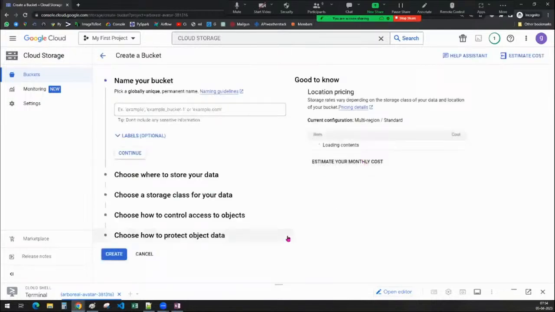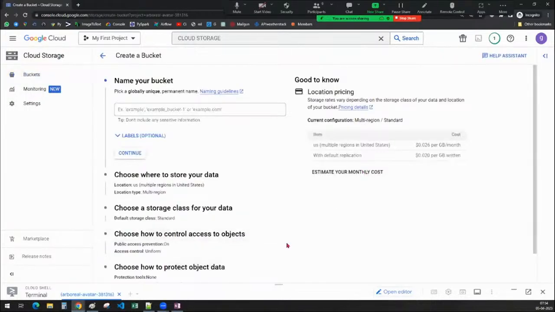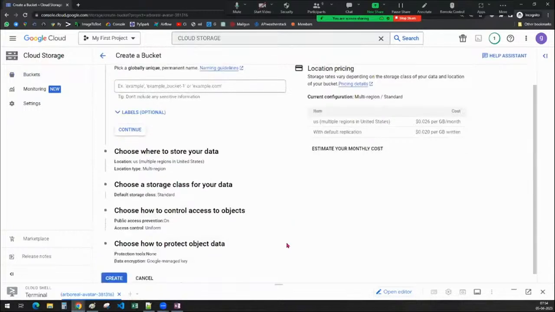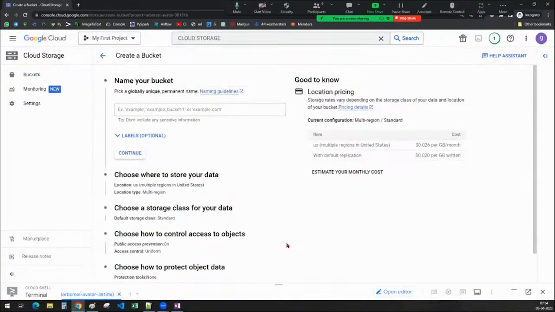When you click on create bucket, as I told you, there are a few things we have to remember while creating a bucket. First, while providing the name of your bucket, we have to pick a proper globally unique name. When I say globally unique name, no one has used this particular name so far as a Google Cloud Storage